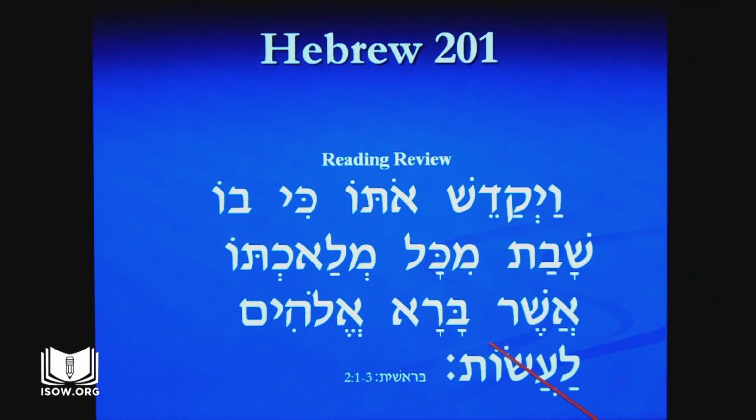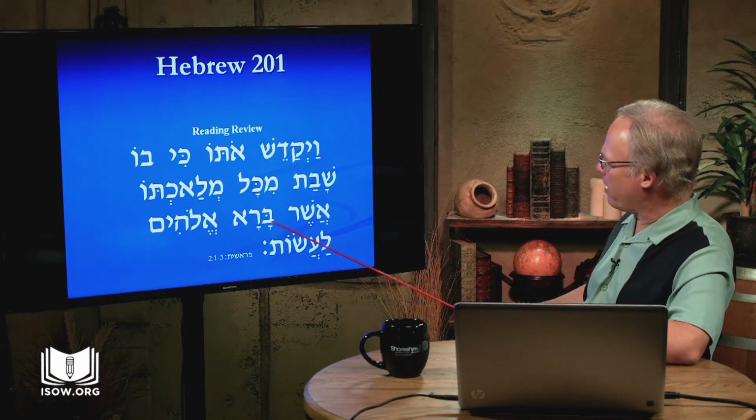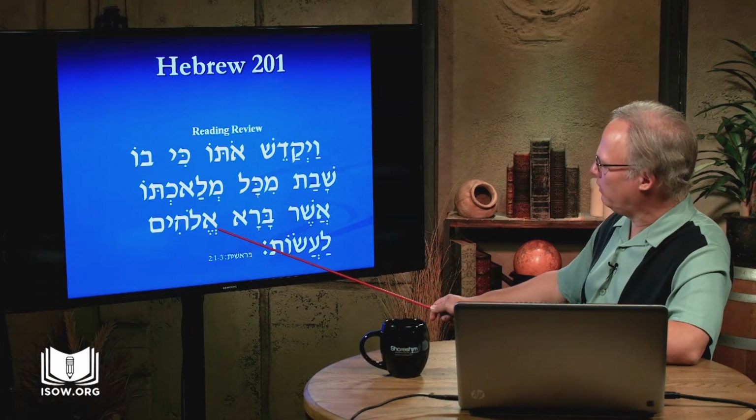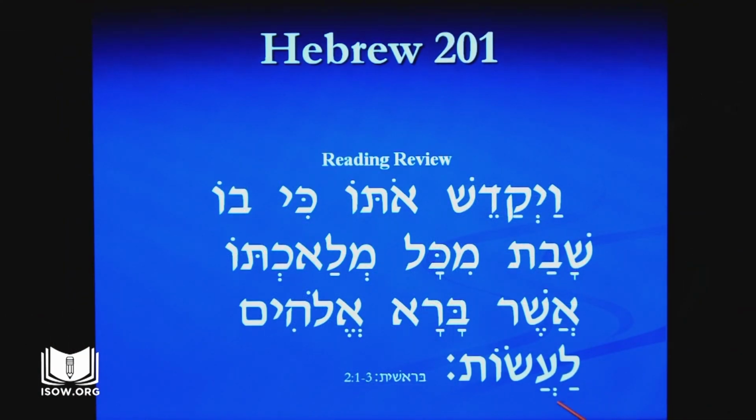Bara. Elohim. So this line is Asher, Bara, Elohim, and then our last word, La'asot. So if we were to read this whole panel,